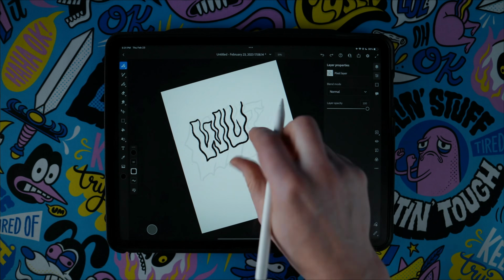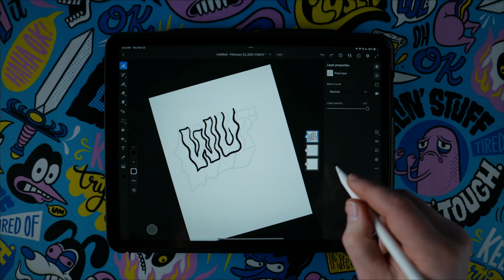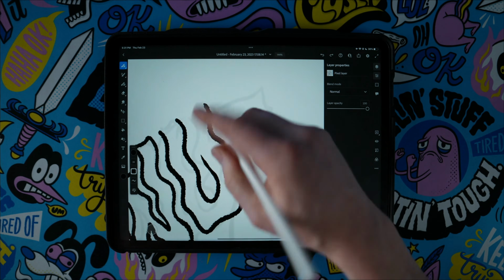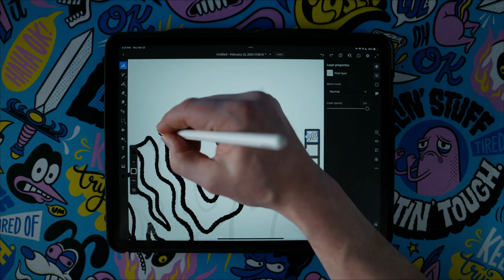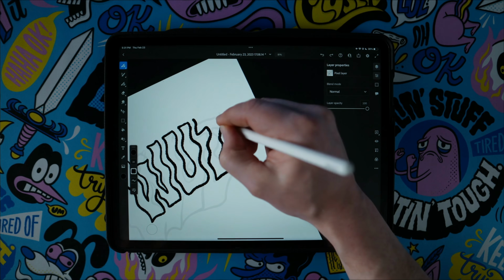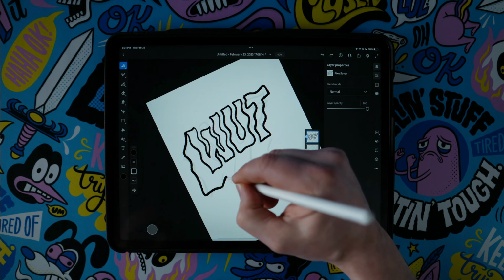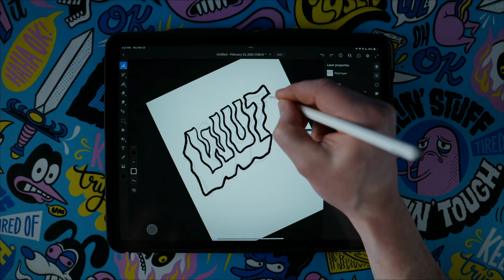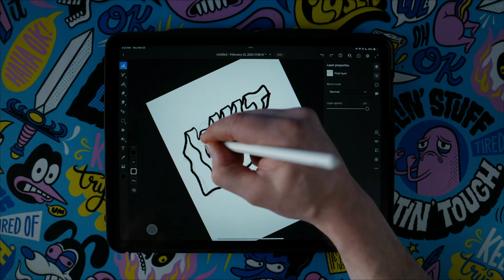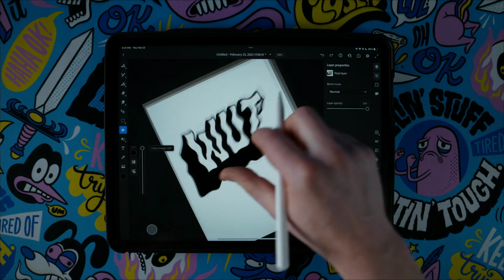So that's how I would do my final line work, and then I would go in and delete my sketch layer. So let me just finish this up quickly so that I can show you some coloring options that the layers are good for. This is not very good, but I just want something to do a quick demo with, so I'm gonna get over the fact that I hate this. Okay, so I'll use the paint bucket, fill that in black,